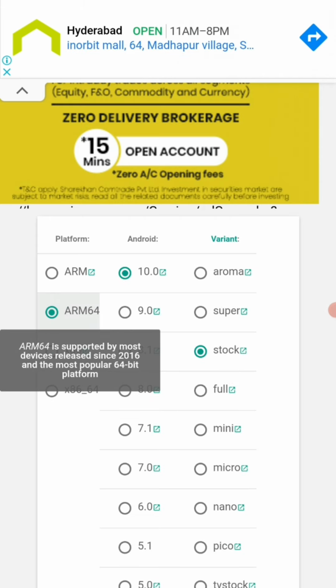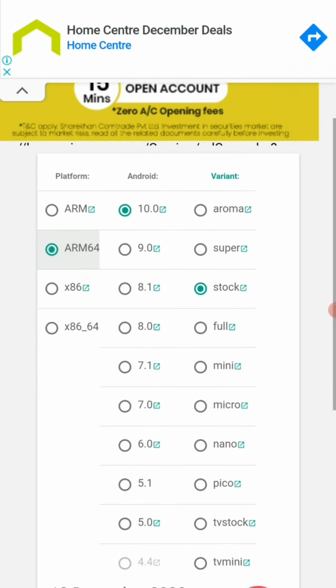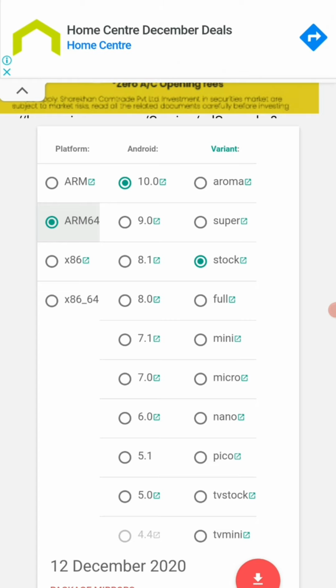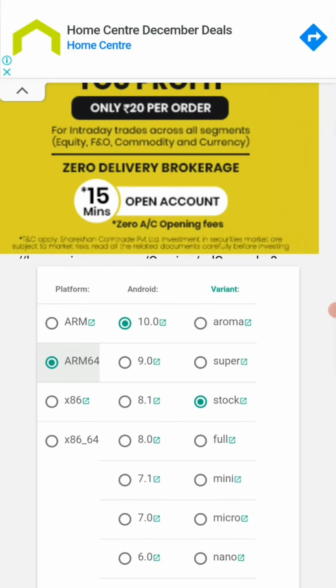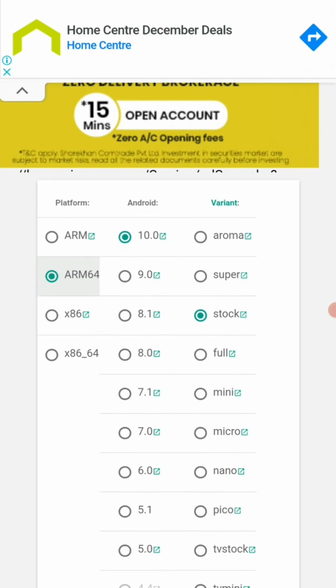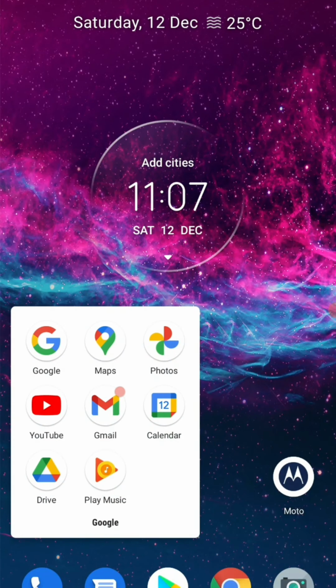Here my device is ARM64, and you should make sure what OS you have, like Android 10 or 9, and select that. Then choose which variant you need. Here Google provides Aroma, Super, Stock, Full. It means the apps you want included. If I select Stock, that means basic things, all the services, like what I am running here, Stock Android comes with these services.